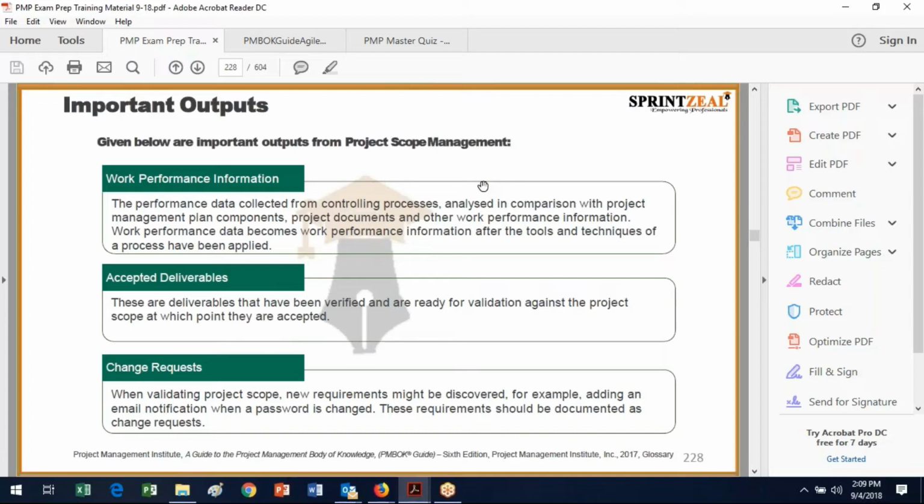And then we've got the accepted deliverables, and these are the ones that have been accepted. So that's important. And so now they're ready for validation against the project scope, at which point you've completed part of the project work. And then of course change requests,